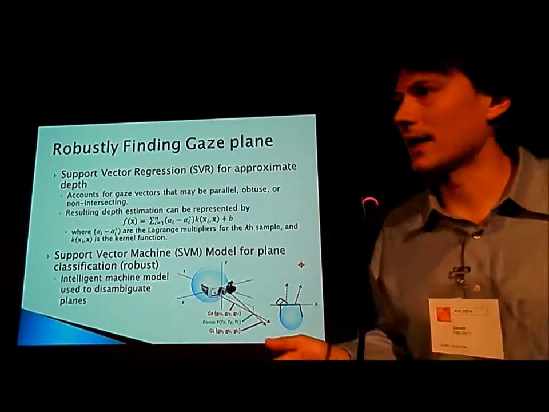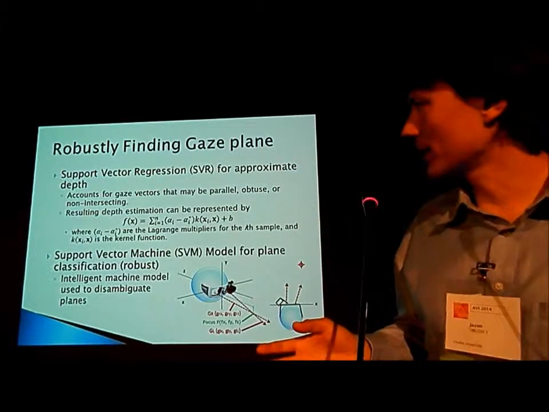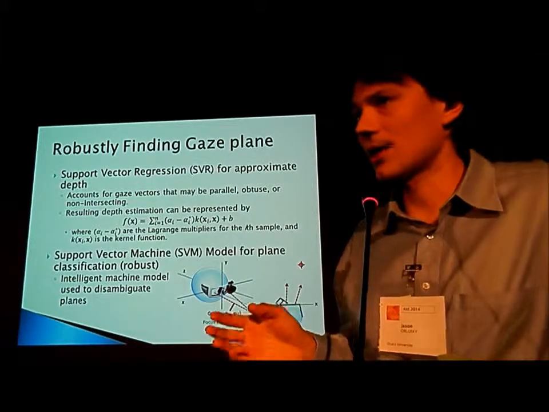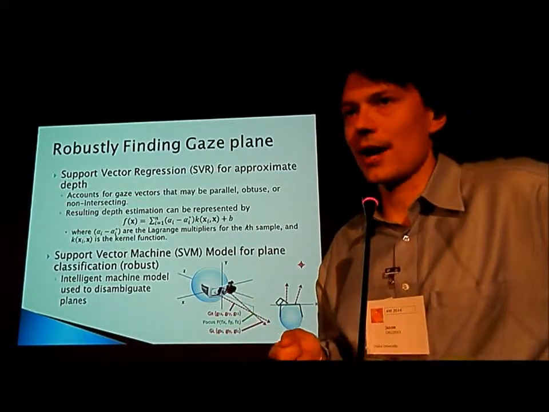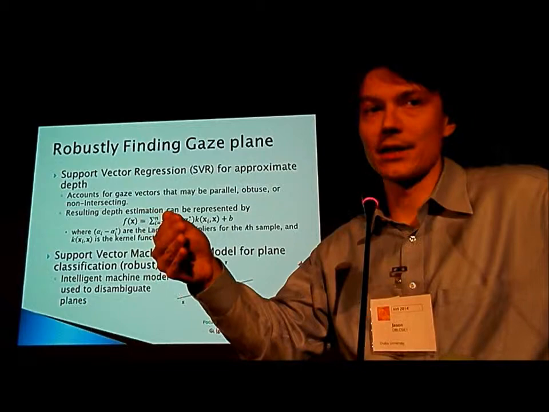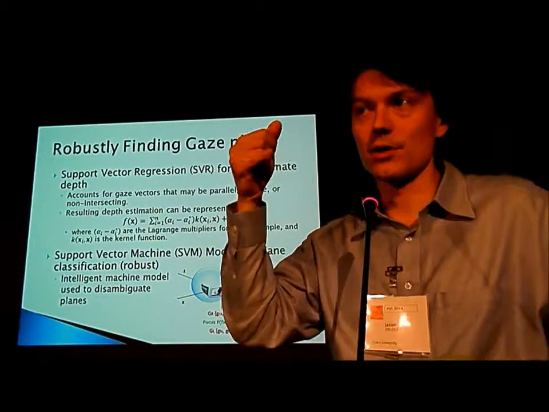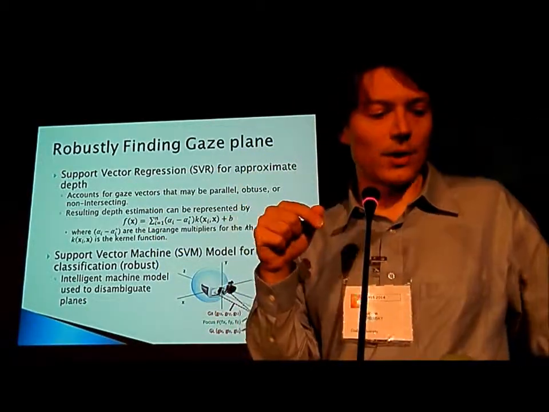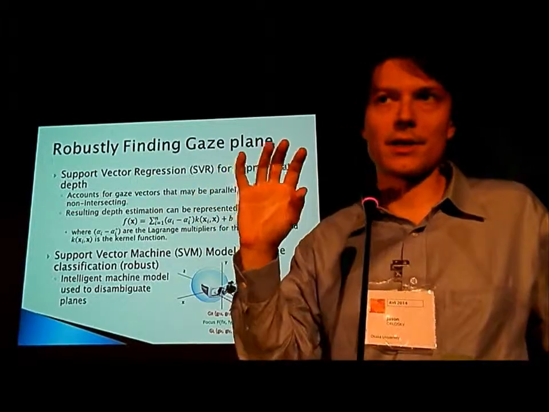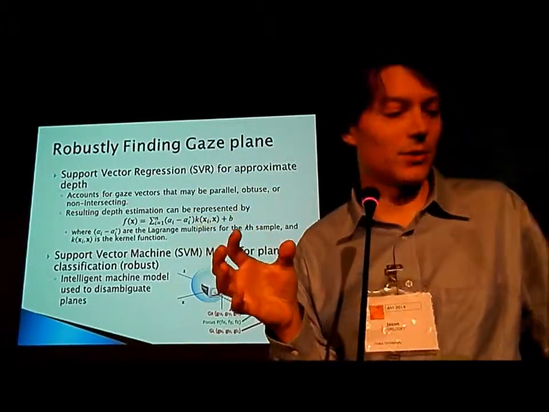So, how do we find the gaze plane? So typically, we found in the experiments that it's actually not very easy to track depth accurately in a monocular display using stereoscopy. So what we do to get an approximation of depth is we use what's called support